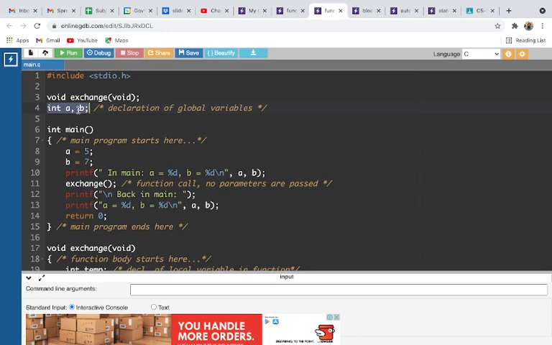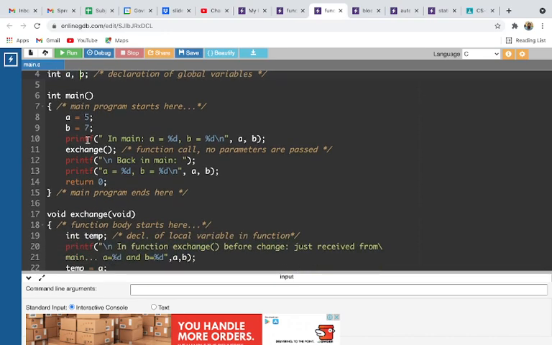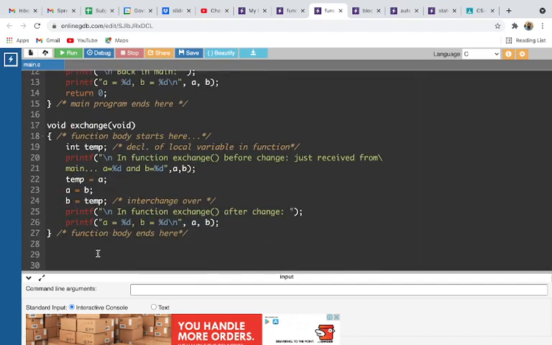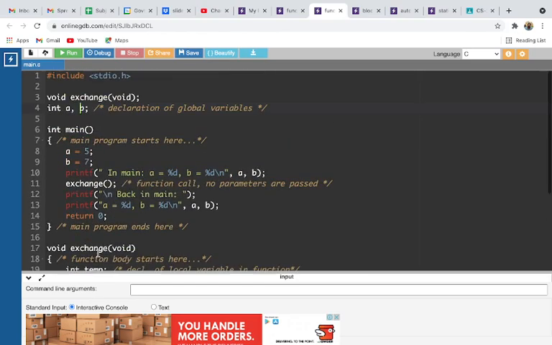Now these two variables are visible in all the functions, in the main function, in the exchange function, whatever functions we write. If you write some other function also, we can use the same a and b variables. Now in the main program, we have initialized a to 5 and b to 7, and we are printing the same values here. So 5 and 7 will be printed here.